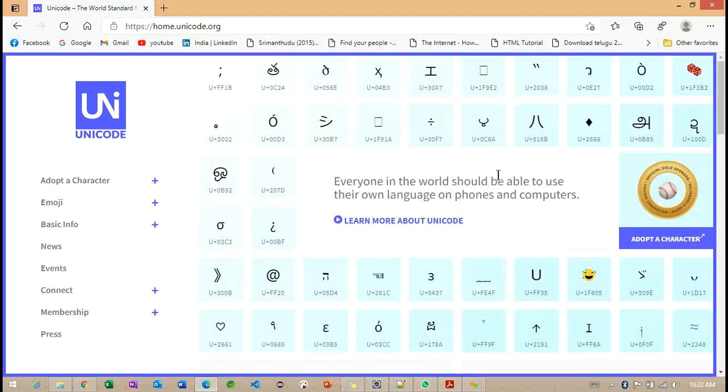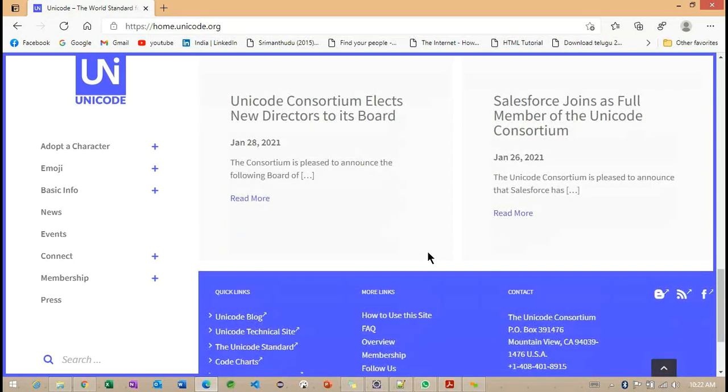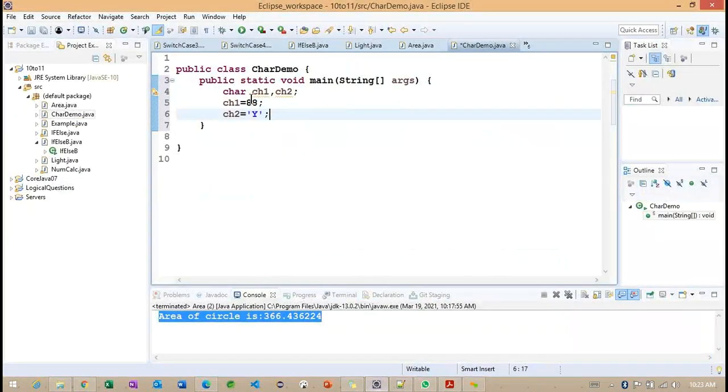Each character will have a number here. Based on these characters, we are going to find the appropriate number information. Getting the point. Try to focus more on this unicode.org website so that you understand what the character is and what the Unicode value is. Right. So back to the simple example we want to discuss.